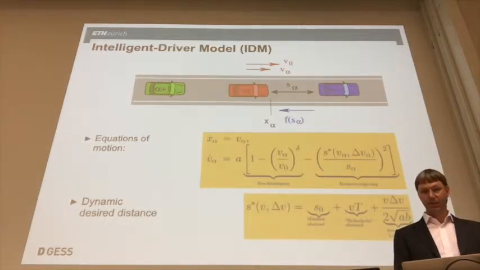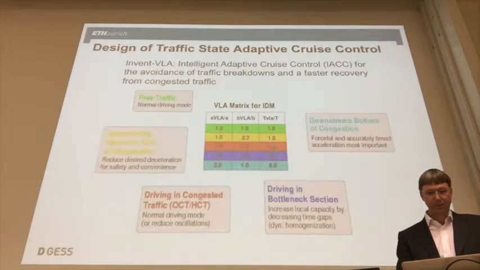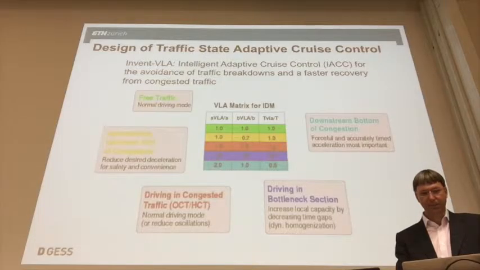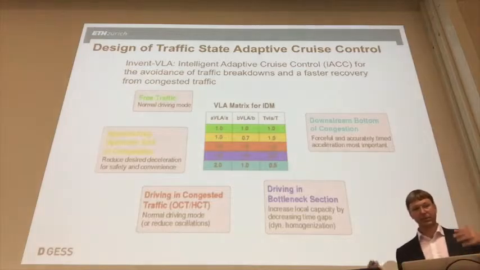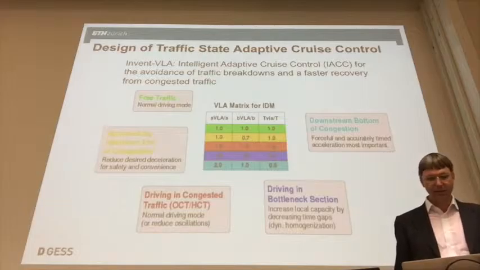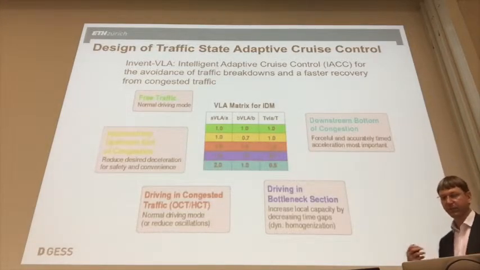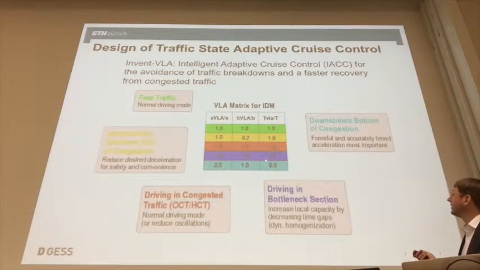So 10 years ago, at the time when nobody was talking about self-driving cars at Google, we were working with Volkswagen and other companies on these driver assistance systems. And in fact, depending on the location with regard to the traffic jam, we changed driving parameters. What we had was a system that measured distances and relative velocities using radar sensors. And based on this information, we had the cars drive automatically. And as you can see over here,